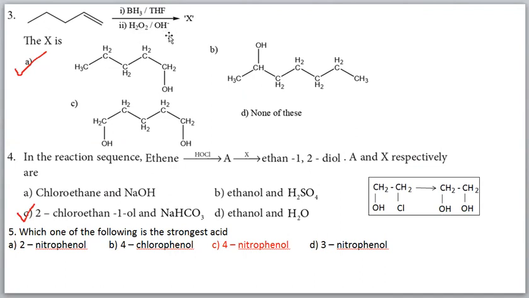This reaction we already studied. During this reaction, one water molecule is added to the double bond. This addition of water follows anti-Markovnikov addition. Already we studied, so here we have to write anti-Markovnikov addition of water. Here the double bond is there, right? So this terminal carbon, you see, two bonds are there.